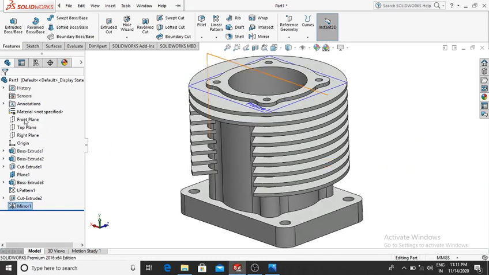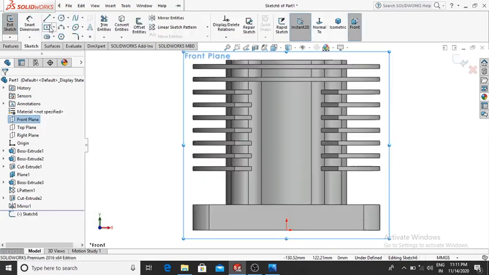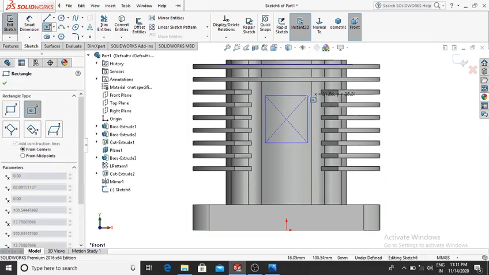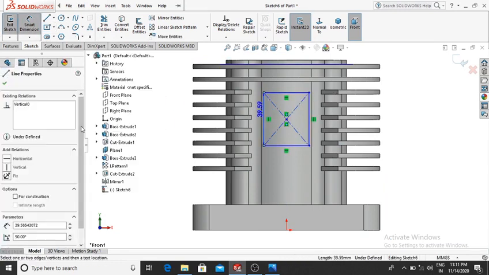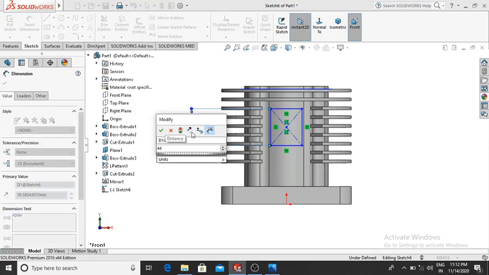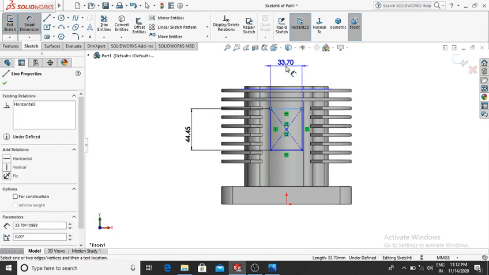Now again go to the front plane, right click, sketch, then normal. Here we select the center rectangle and make the center rectangle from up to this one. Go to the smart dimension, this length will be 44.45, and this length also be